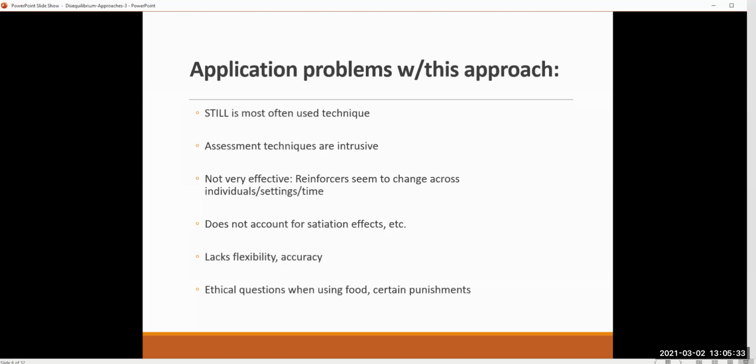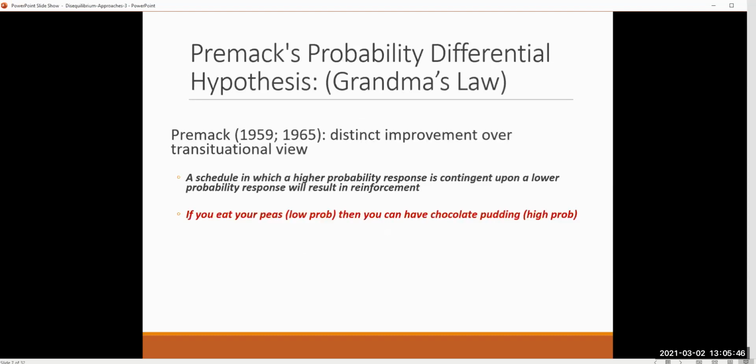And in all honesty, lose their value very, very quickly. So even though the transsituational approach is still the most often used approach, it's used inaccurately, and we need to better train our behaviorists. So Premack in 1959 and 1965 came along and developed the probability differential hypothesis, or Grandma's